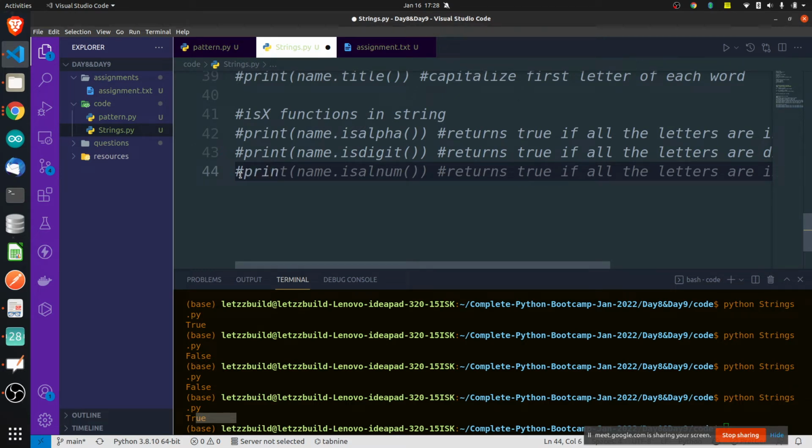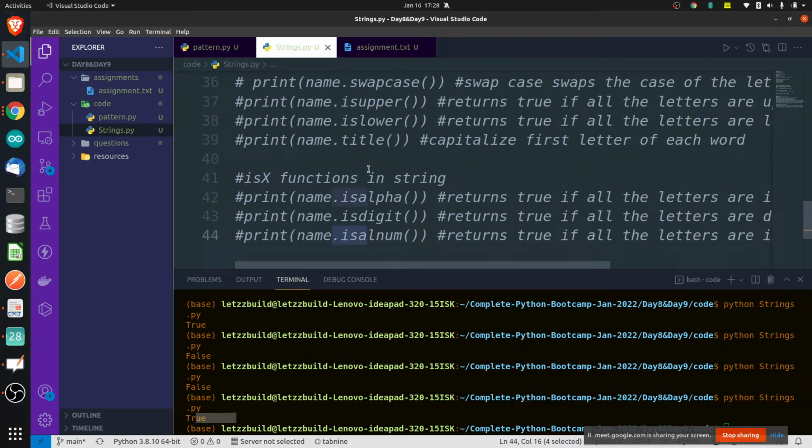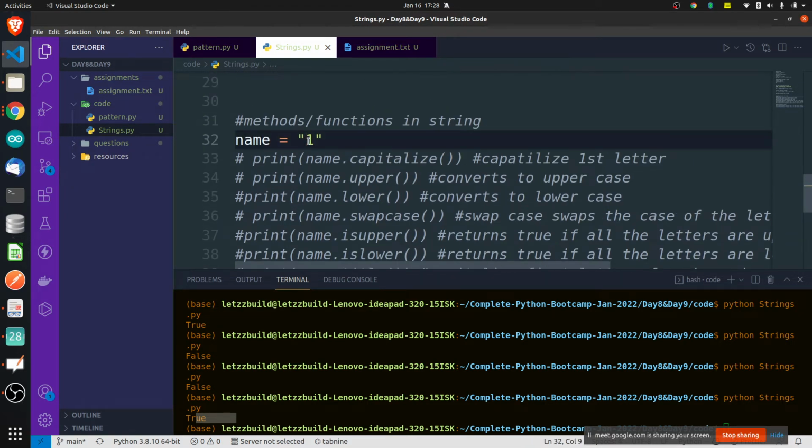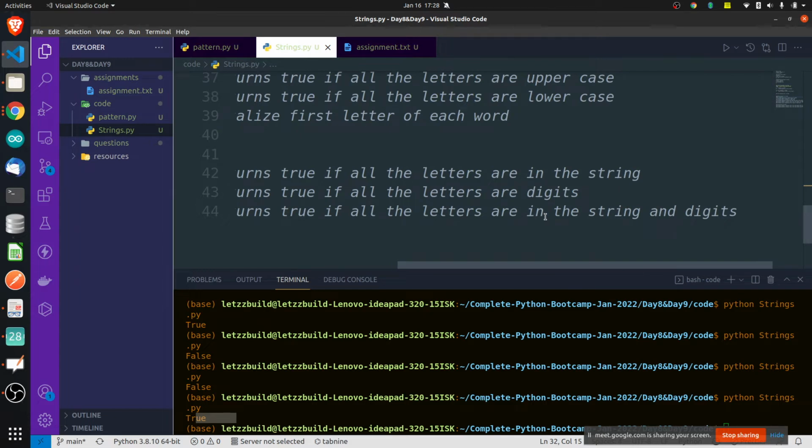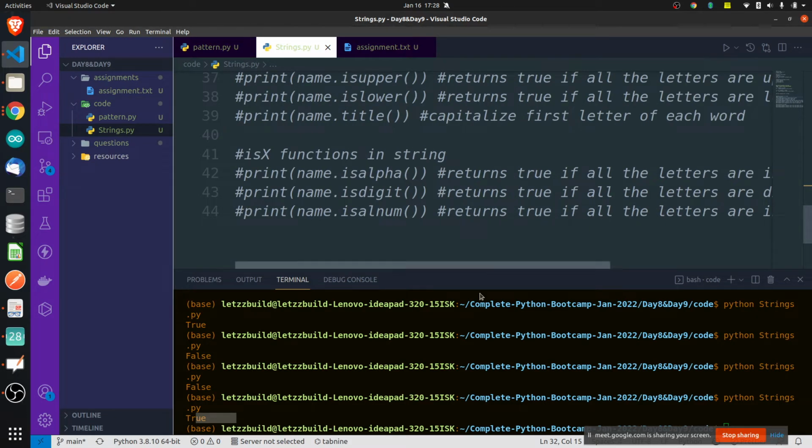Print is alnum, so name dot is alnum. This function is very important again, because it will check whether alphabets as well as numbers. It returns true if all the letters in the string are alphabets and digits.